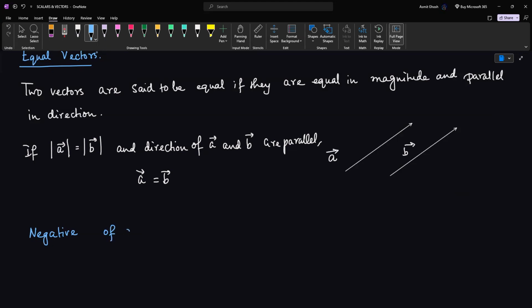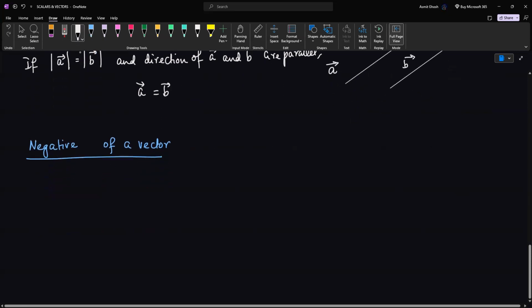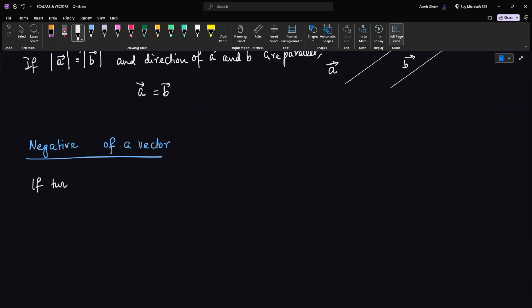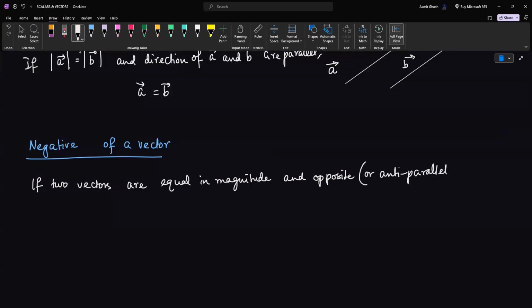Negative of a vector: if two vectors are equal in magnitude and opposite, or anti-parallel to each other, then one is said to be the negative of